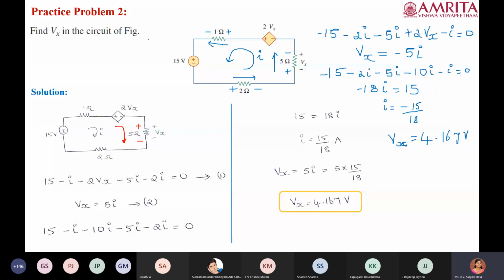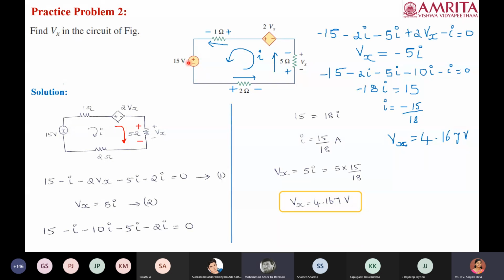Excuse me, ma'am. I have one more doubt. The current will always flow from higher potential to lower potential, right? That is correct, but when you have more than two sources, you cannot confirm that. Oh, okay. Normally, if we have only 15 volts and the remaining things are passive elements, it means that current will flow from higher to lower potential. But there are two potentials here, and we do not know which one is dominating.